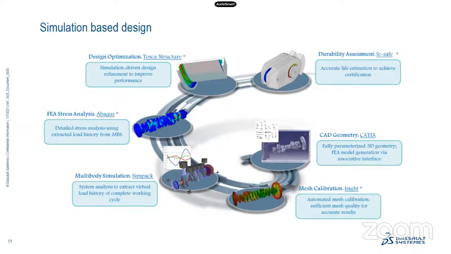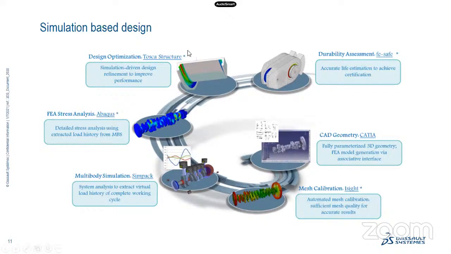So here what I'm telling is how these different brands in Simulia can be applied for simulation-based design. Here we have a CAD model and optimized mesh, which can be used in multi-body dynamics. From the multi-body dynamics, we will get the force history of this engine, that means the cylinder. This force history is applied to Abaqus to solve the structural analysis, and from that we will get the stress or temperature, whatever is significant for our purpose.